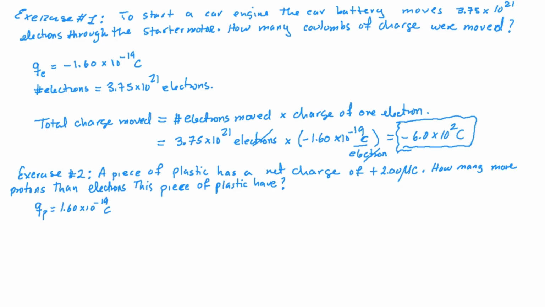So basically, if we want to find the total number of protons in excess, we must divide the net charge by the charge of one proton. If we divide the net charge by the charge of one proton, we get the number of protons in excess, right? Now, what is important to know? When they say that the net charge is equal to 2